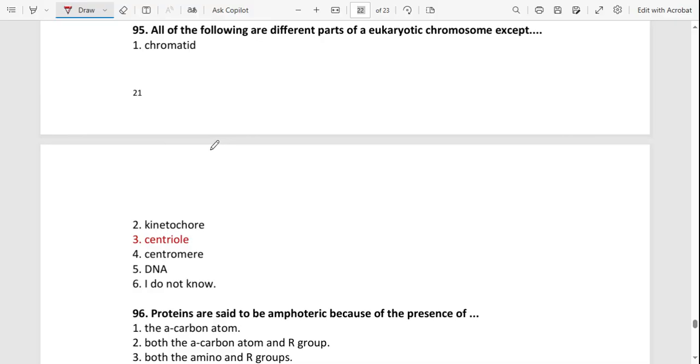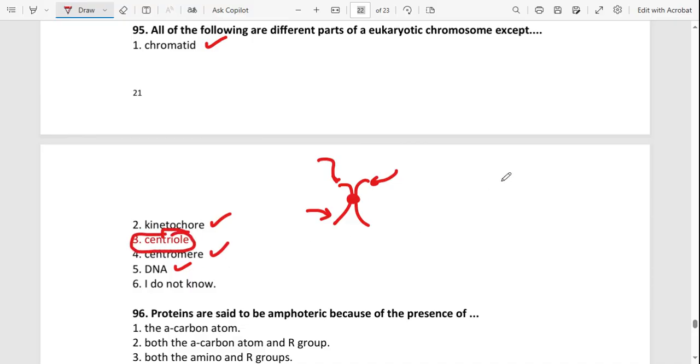All the following are different parts of eukaryotic chromosome, except a eukaryotic chromosome is like this. This guy is a chromatid. This guy is a chromatid. They are held together on a centromere. Okay. And it's actually on the centromere where I've got what we call the kinetochore. So chromatid is there in a eukaryotic chromosome, kinetochore, centromere. You also have DNA because a chromatid is made up of DNA. But